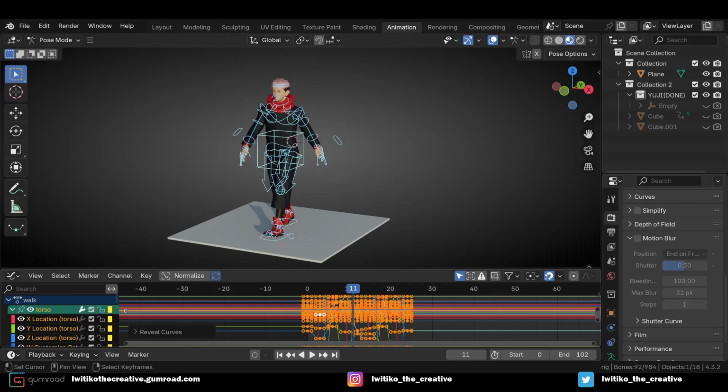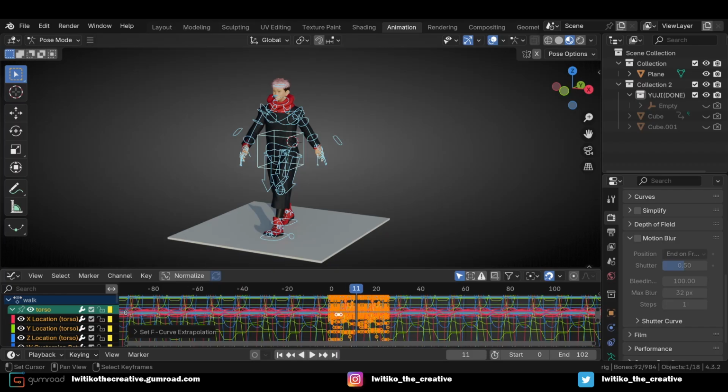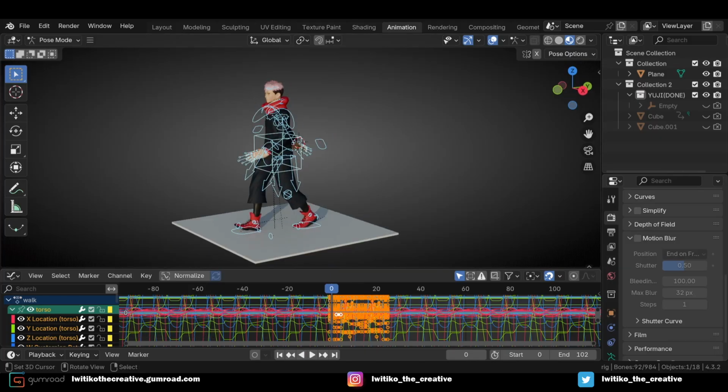But this is the easiest part of the walk cycle. You animate everything on one side and then mirror everything, and there you have your walk cycle. And it's good practice. Don't neglect walk cycles, one cycles,